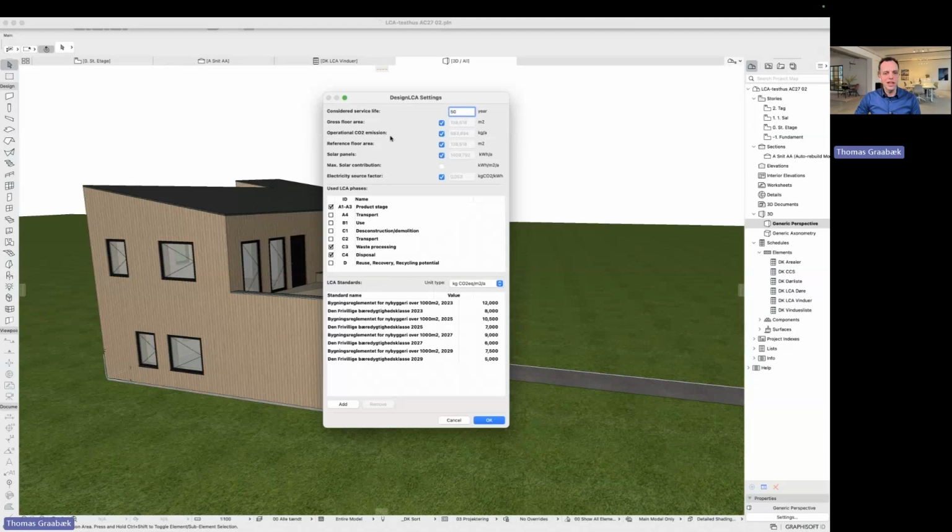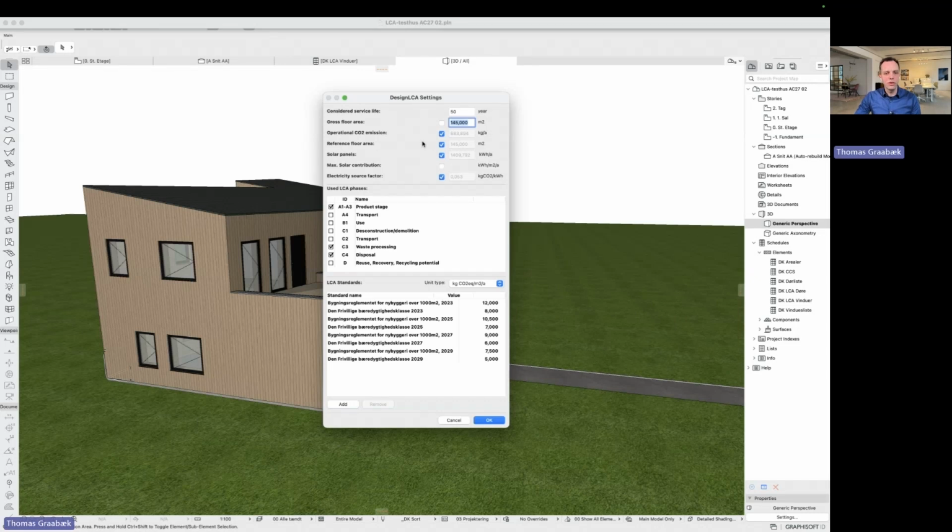So Archicad will take the floor area from the rooms that you put into the project. But if you want to determine it manually, you can just remove the tick mark and enter how many square meters there is. And this gross floor area is used to divide the amount of CO2 from operations if you want to see it with CO2 per square meter or per square meter per year.